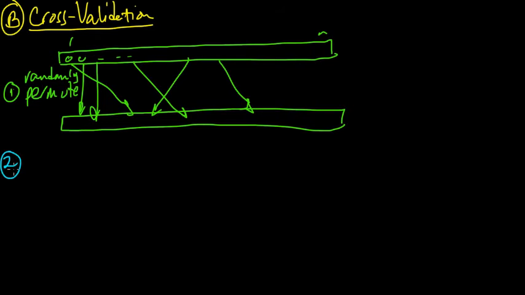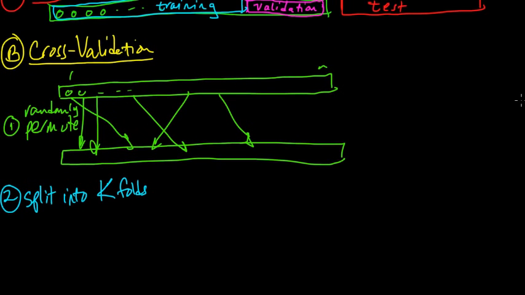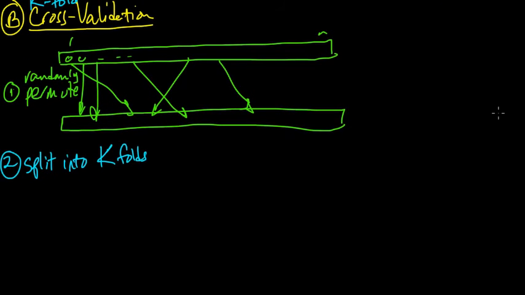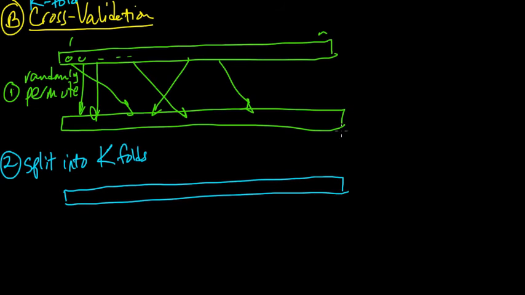And step 2, we're going to split the data into k folds. So we need to choose some k. This cross-validation has a parameter k, so this is going to be k-fold cross-validation. And let's say, for purposes of illustration here, that k is 5. So we get this permuted data, and we split it into 5 equally sized